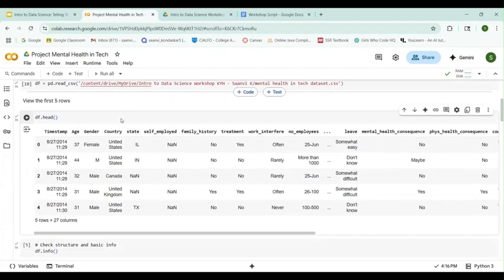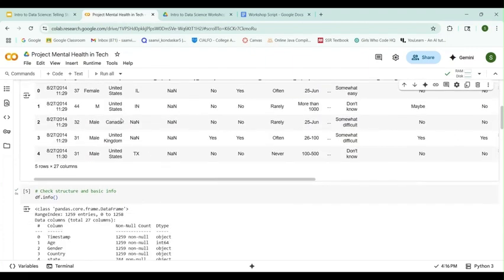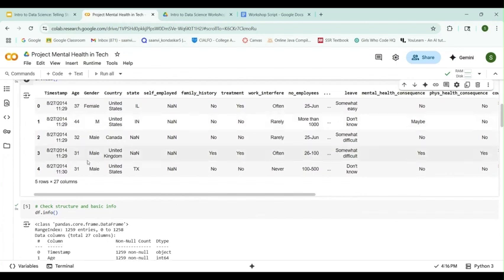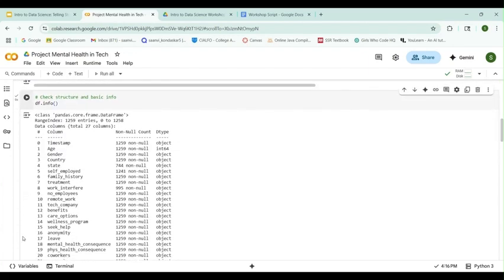So now that we've seen the first 5 rows and had a look at the columns, we should get to know more about what we're working with by using df.info to get a summary of the data structure. We can see how many rows and columns that we have and what each column is named, what type of data it holds, and how many missing values each column has. We can see here that this data set has 1,259 entries, or rows, and 27 columns. We can also see the amount of non-null or filled values each column contains.